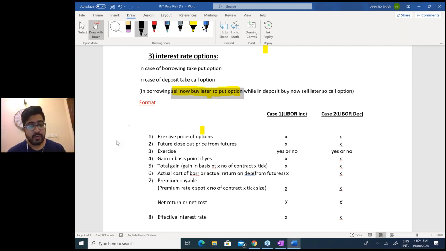Okay. Now, my formats are strictly in line with examiner marking schemes. So if in FRA you just write those two steps, actual cost of borrowing or return on deposit and gain or loss due to FRA, that's it, you get marks. Obviously, correct answer marks. Then in interest rate futures, you have to show 7 steps. If you write those 7 steps and solve each and everything, you get marks. And in case of interest rate options, you have to make these 2 heads of increase case and decrease case and write these 8 things. Once you get these 8 things correctly, add this correctly, your answer gets okay.